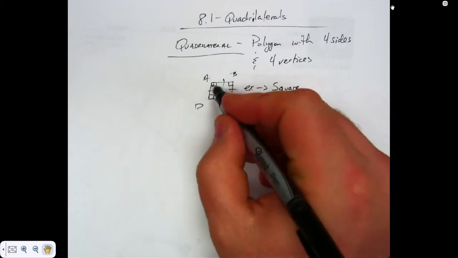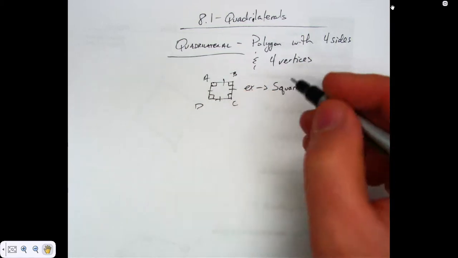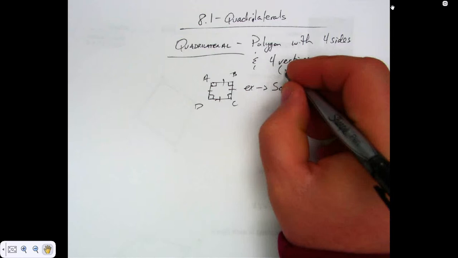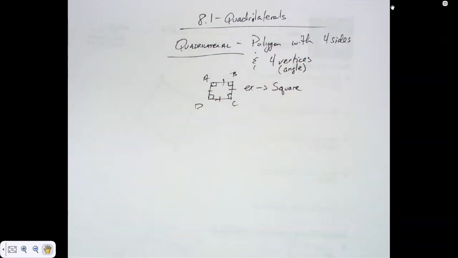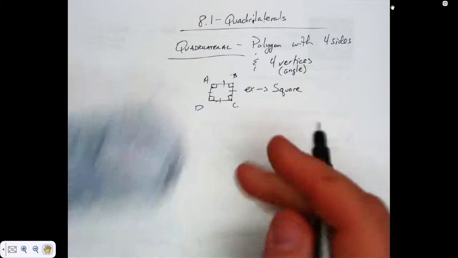What do you see at each of these corners? What are they called? At each of the vertices, there is a what? There's an angle at each of them, isn't there? So a quadrilateral is going to have four sides and four angles, is it not? Interior angles. Okay. Now, mostly we've dealt with a lot of triangles, so you haven't had to deal with this. So let's